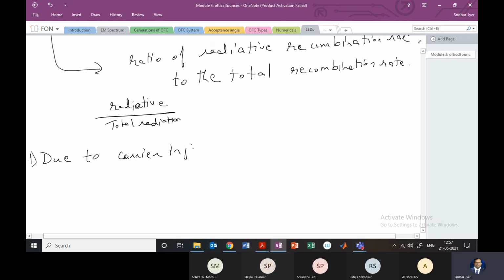Carrier injection means the input, you have the electrons which are injected, the current, right? Due to carrier injection, an excess electron hole is created in the p and n material,